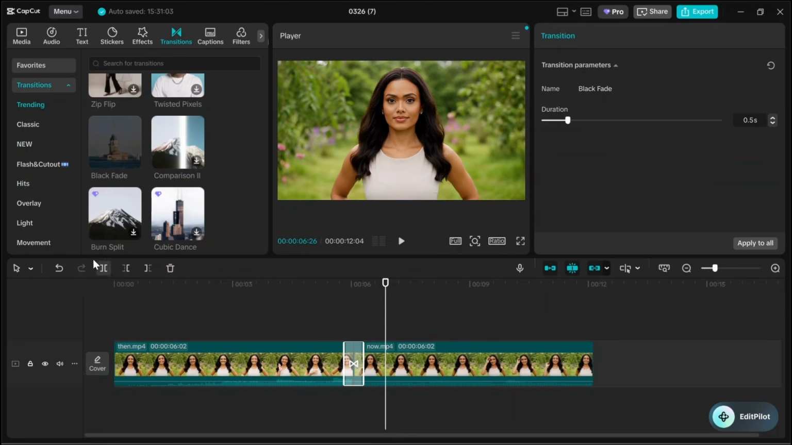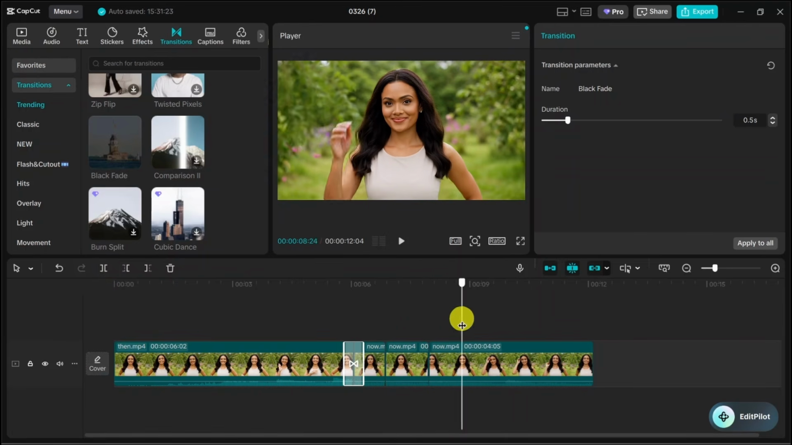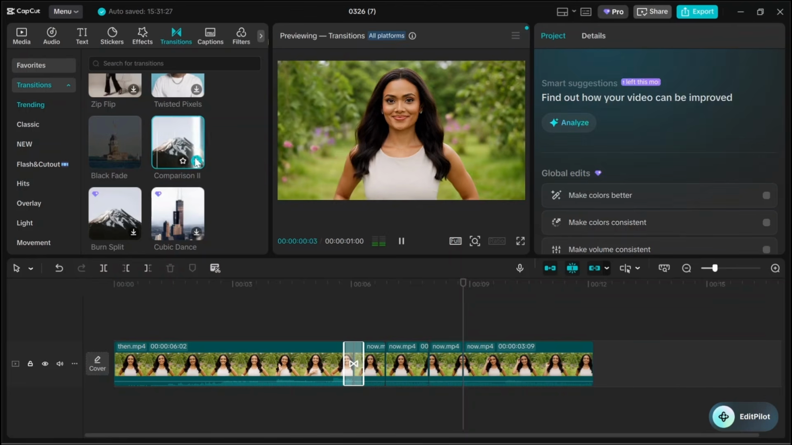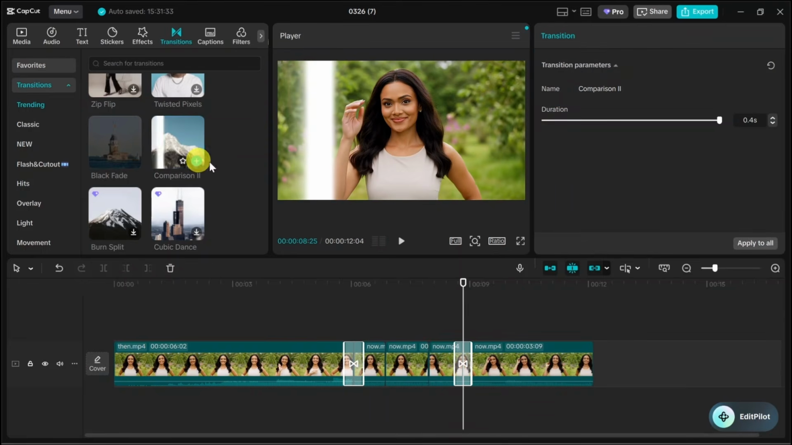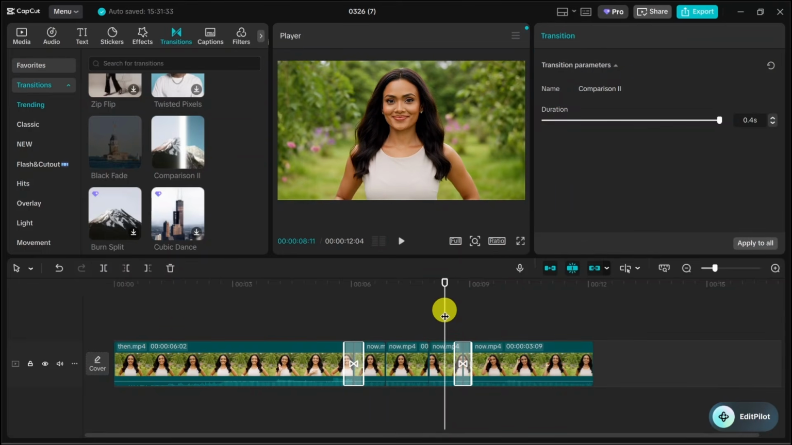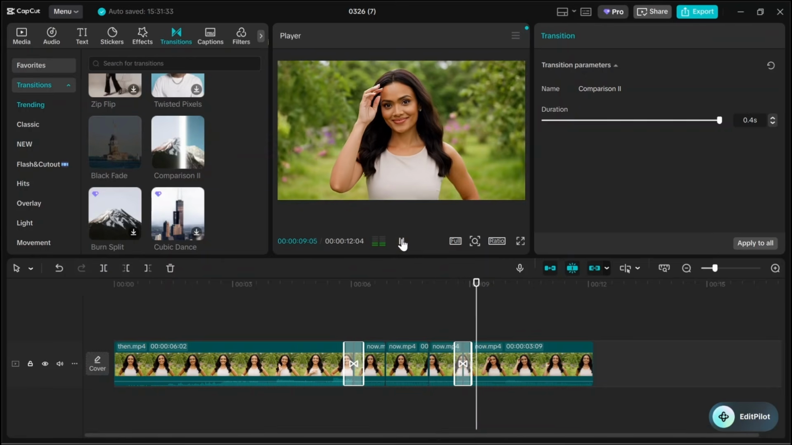So I'll just split this video into multiple parts. I'll add multiple transitions. This is one of the transitions. Okay, let me add this transition in between. So see, I can play this. So now see,